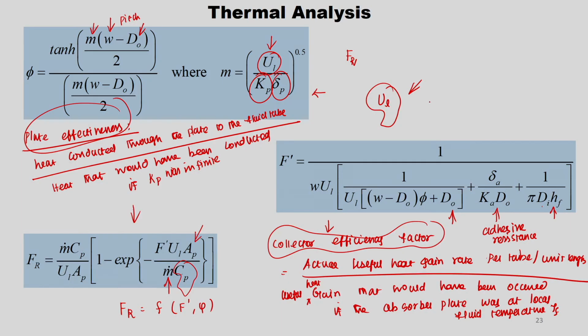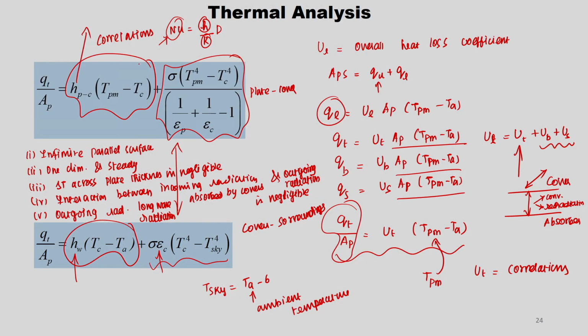After calculating these parameters, you will find TPM, which is nothing but the plate mean temperature. That plate mean temperature you would get by assuming UL, right. Then how to correct that further? Here again one more unknown parameter is there, which is Tc. So, out of these two equations we would get Tpm and Tc.